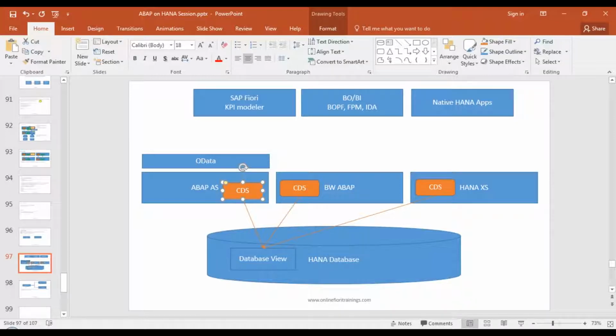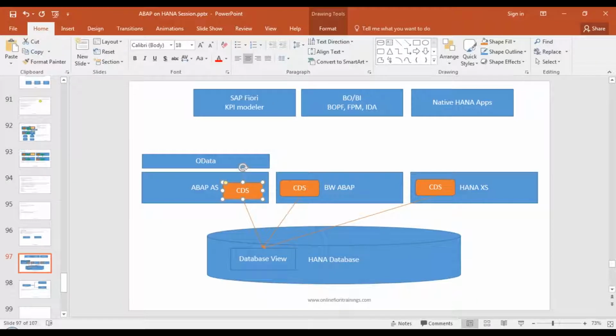In CDS view you can also control whether your CDS view can be accessed by anybody, or only people with certain roles and certain authorizations can access it. So all the DCL, data control language, can also be implemented using CDS view. We'll see one example of controlling the data access using CDS view.